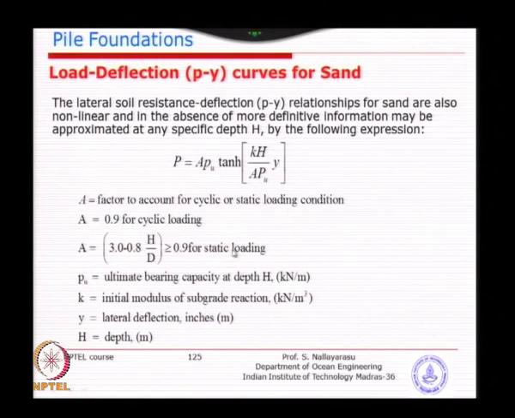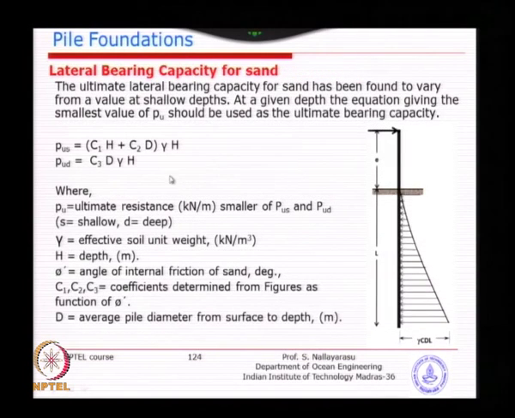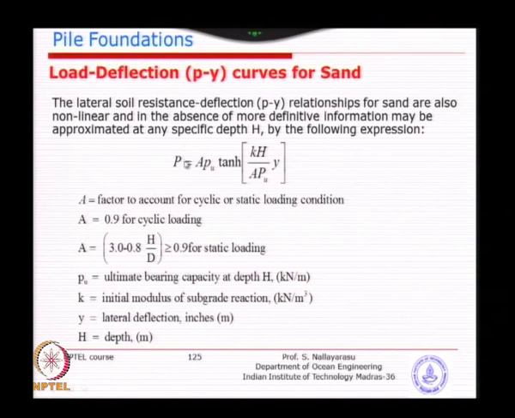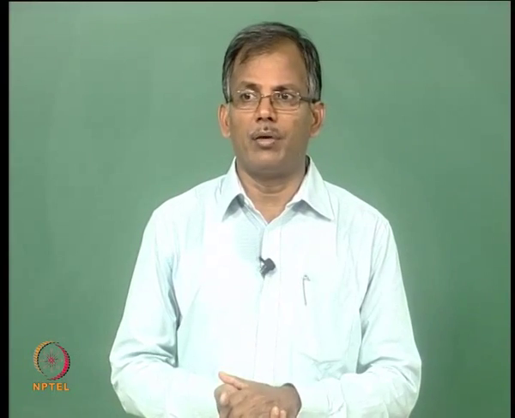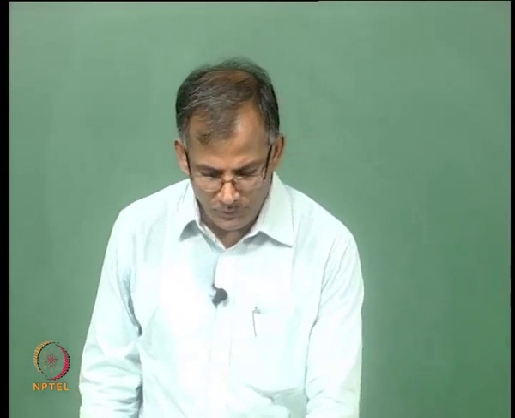So, once you have the value of k and the depth at which you want to calculate the p-y relationship, and then the A value is chosen depending on whether it is static or dynamic loading, and Pu is the resistance that you have calculated from these two values, and the least one is taken, then simply you have the relationship between P and Y. As you keep varying the Y value, you will get a continuous relationship between P and Y. So, that is very easy compared to the other types of p-y curve for clay. Here you get a continuous form.